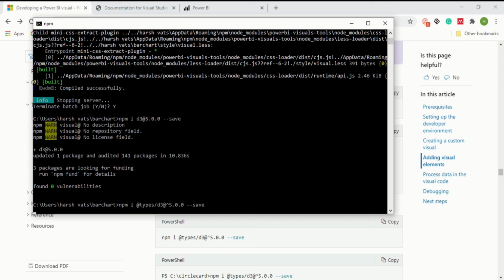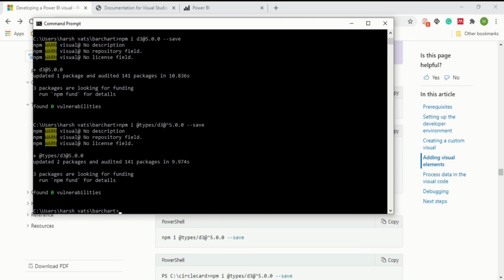Then enter. So it will install the types within our D3 library, and it will help you to flag if something is not available in D3. So this is very compulsory for D3.